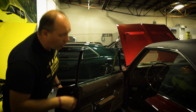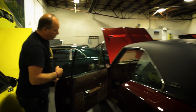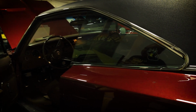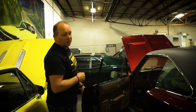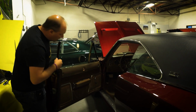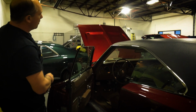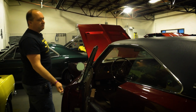So this one here, hardtop, back windows roll down. Not a power window option car, but it does have the wood grain package on our dash assembly. It's got the console again. All this is dyed that specific color, just super cool. And then upgraded with the optional steering wheel also. Dual mirror car. It has been upgraded to, looks like a CD player in there, but it's just, again, just something about a